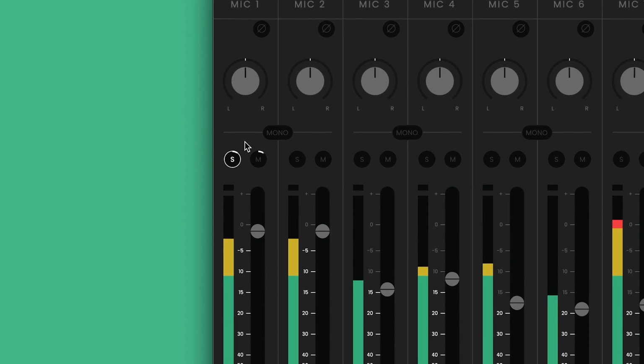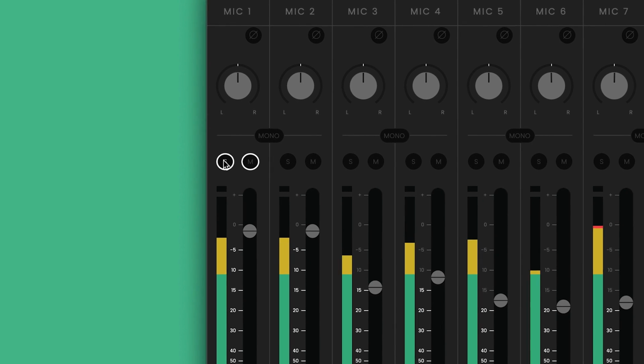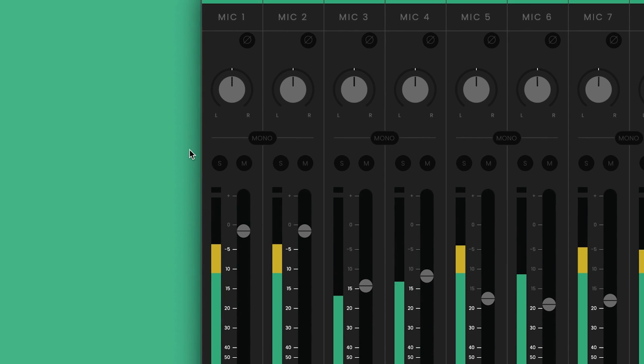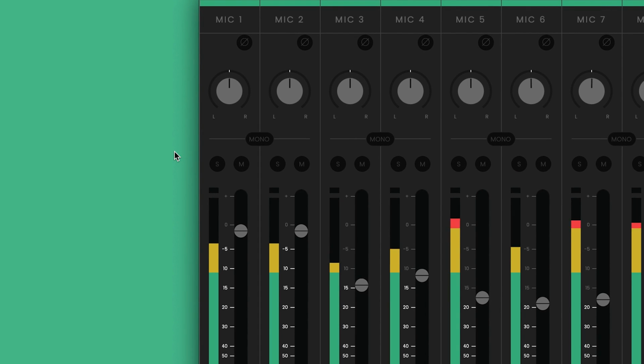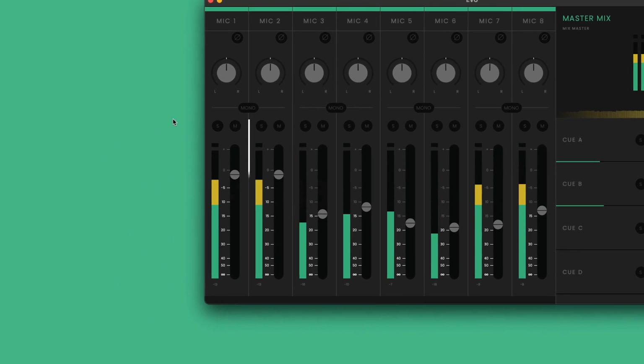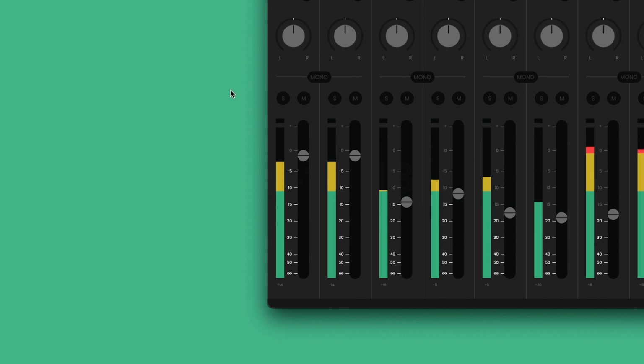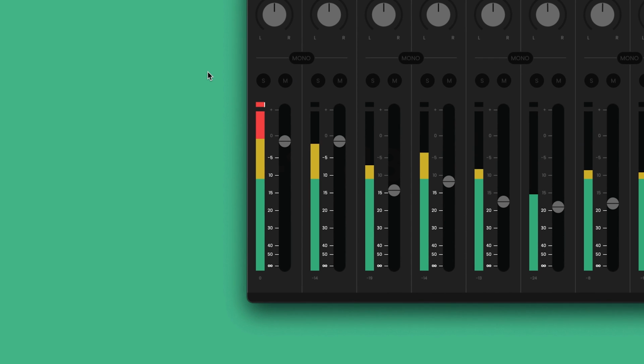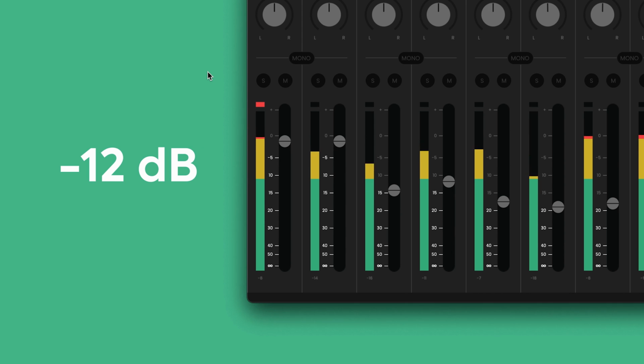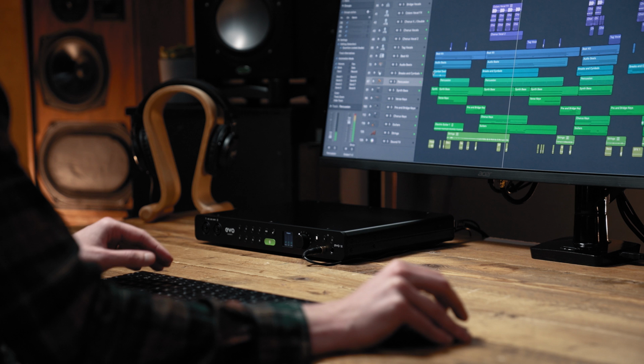To help get your session set up, you can quickly mute or solo individual channels, meaning you can listen to them in isolation. At the bottom of a channel, you have the meter and fader. The meter displays the dBFS value, which is the level that comes into your computer. If the input is set too loud, the peak indicator will light up, meaning you have clipped your converters and could end up with some bad sounding distortion. We recommend setting your levels so at the loudest point you are peaking at -12 dB.